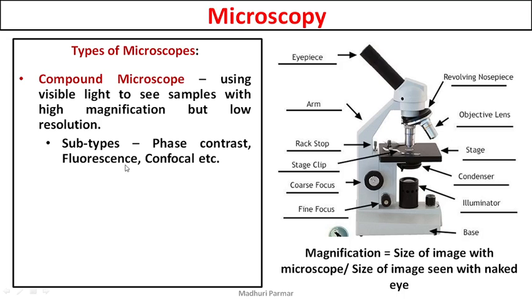Fluorescence microscope uses fluorescence. You must have seen fluorescence, or at least phosphorescence. What are normally known as radium. They are not radium, but in normal life they are called radium. There will be different strips, or you might have used those stars and planets stickers on the ceiling, right? Stars and planets stuck on the ceiling.